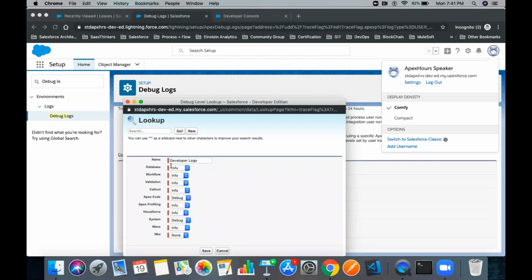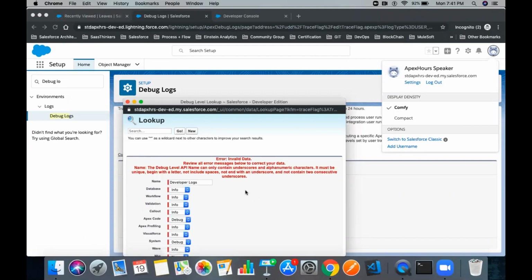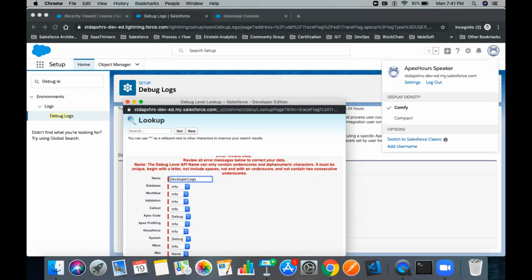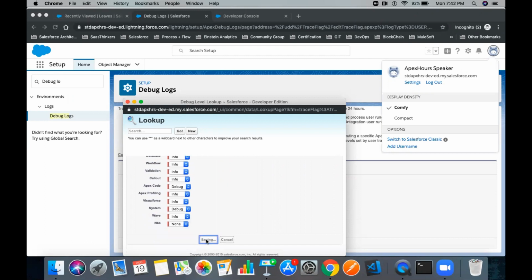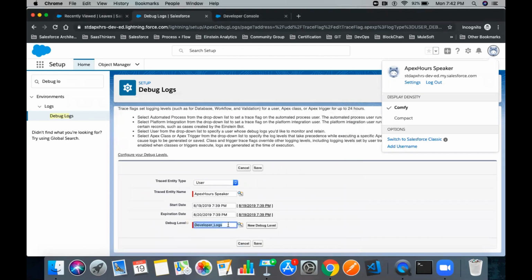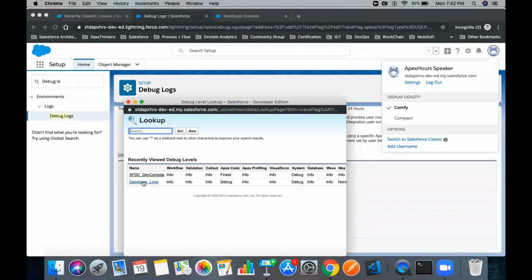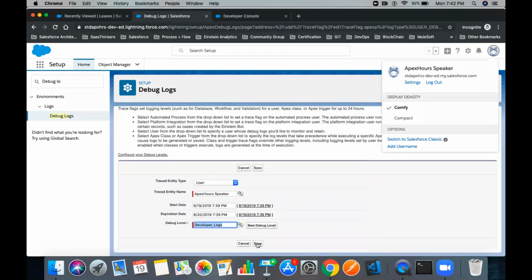So I will quickly save this, and I will not make any changes because Salesforce by default fills this with the appropriate debug levels that you need to track for your entities. The error is because the name only allows underscores. We cannot provide spaces or any special characters here. So you can see that it saved that entity, and it also populated it with the entity that we created for our debug levels. You can see two entities here now. If you save this,